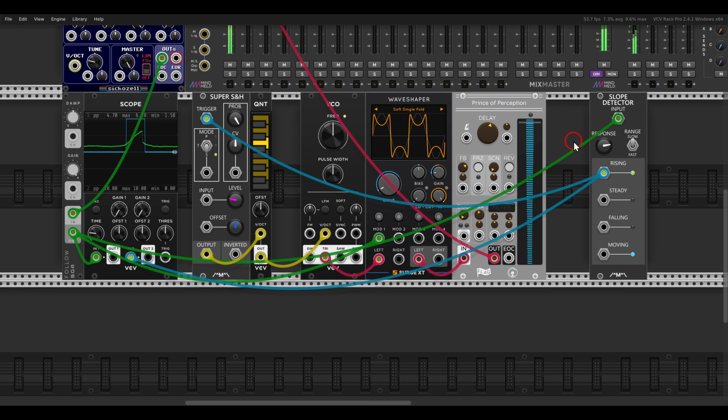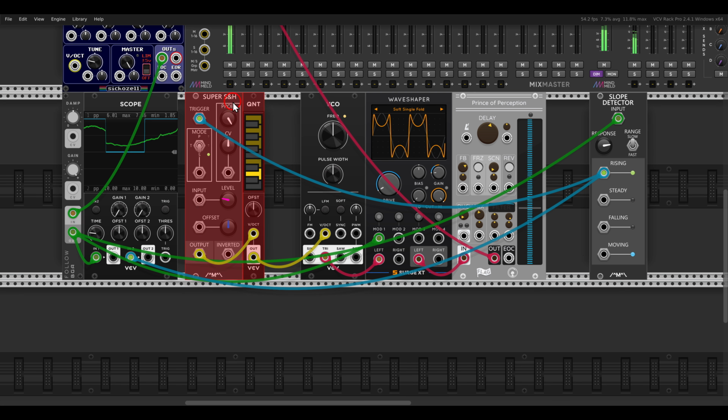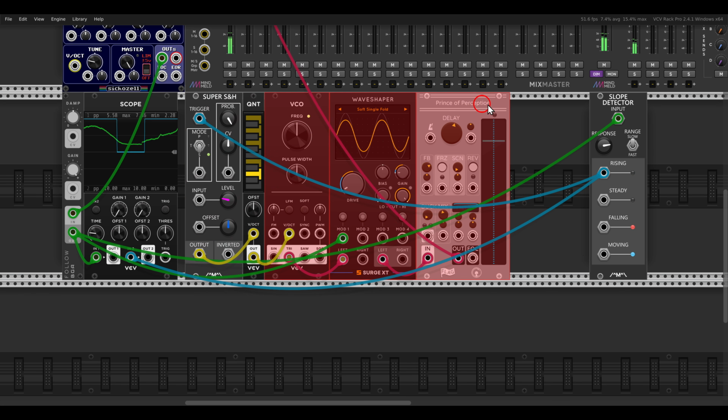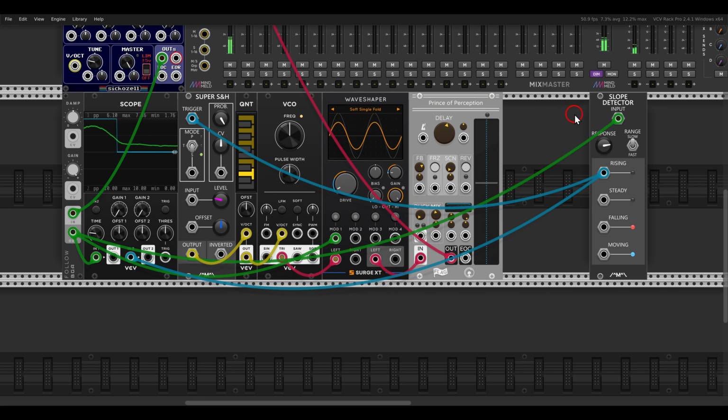This is also, by the way, very nice. This is also, by the way, why I'm using the Super Sample and Hold here. It has a built-in level control. So now the range of the sample and hold is not as wide. It's a bit more narrow, so the notes will not jump up and down everywhere. So now the waves control the amplitude and the timbre, and we also get changes in pitch, which is already